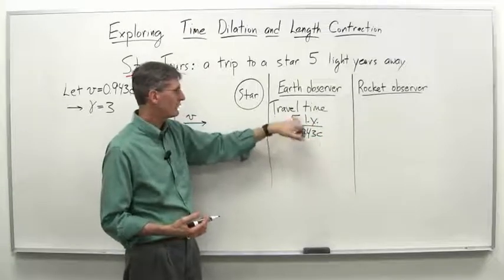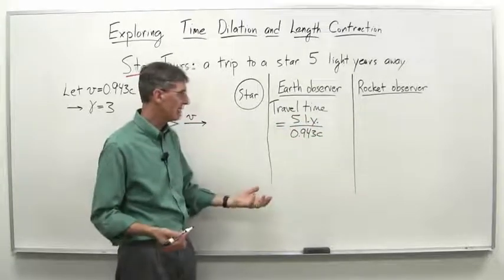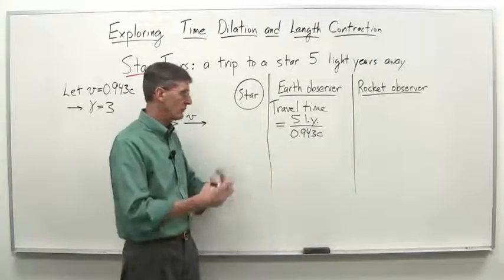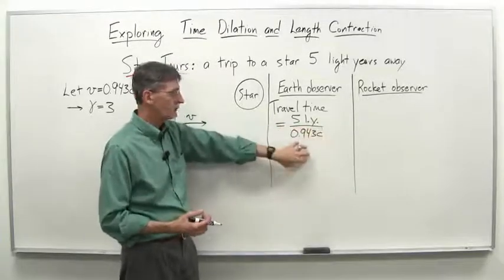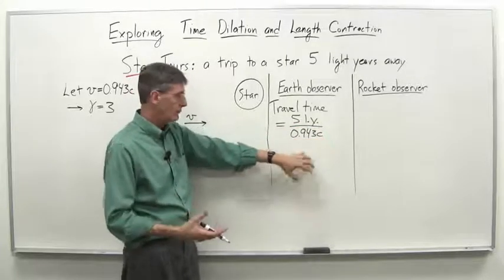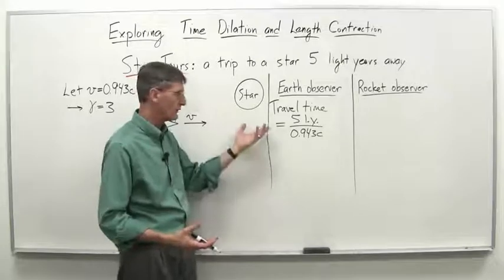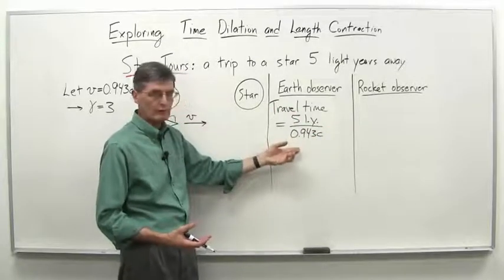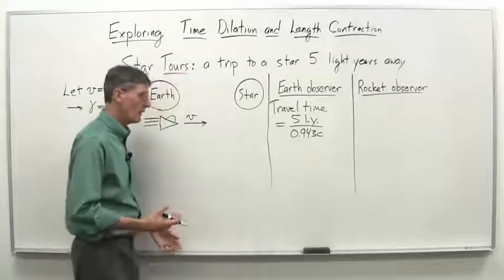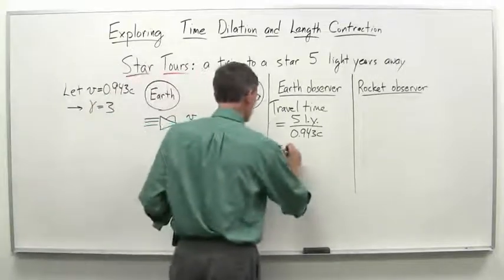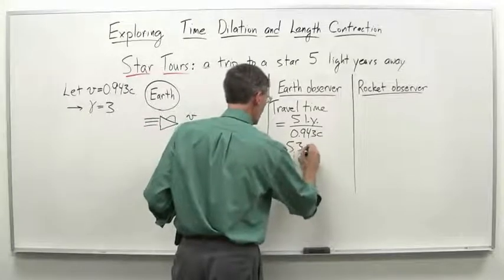So essentially we're just doing 5 divided by 0.943 as long as we're using units of years. If we were using units of light months here, then we'd have 1 light month per month for c, and the answer would be in months, and so on and so forth. So as long as we keep track that we're using light years here, the answer of 5 divided by 0.943 is going to be the number of years of travel time to get there. And if you do that, it comes out to be 5.30